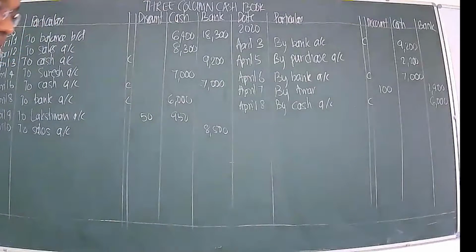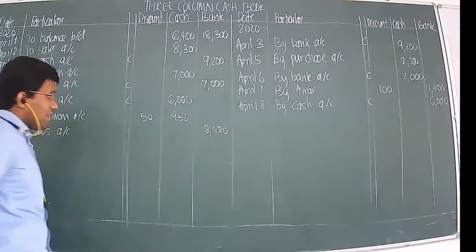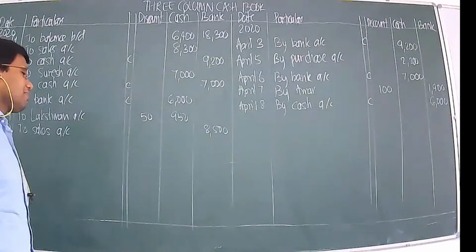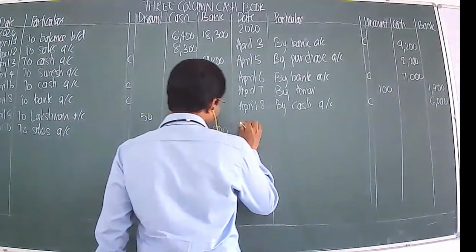The next transaction is on April 11th. Paid into bank, check received from Lakshman. So what is happening on 11th of April is you're taking Lakshman's check, going to the bank, and depositing the check over there. Okay, so April 11th,